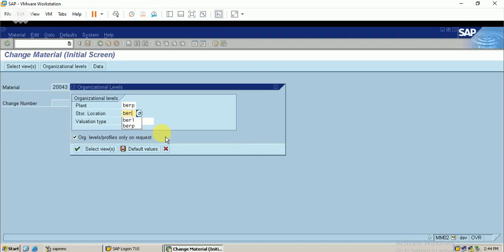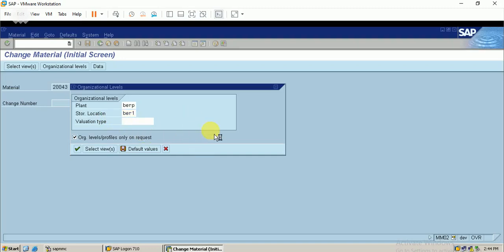This is the new storage location, and it is not linked with warehouse management, since a storage location linked with warehouse management will have different T codes for carrying out the physical inventory process. I will post a separate video on it. Currently, I have a storage location that does not have warehouse management linked with it.